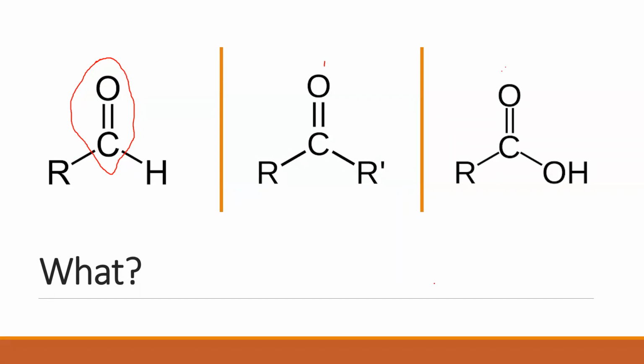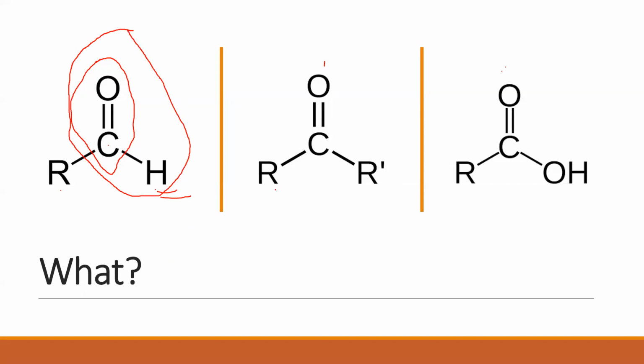Let's look at the first set of compounds here. In this compound, to a carbonyl group, I have two groups. One is an R group and another one is a hydrogen. If one of them is compulsorily hydrogen, then this compound is called an aldehyde. Let me repeat. If one of the groups attached to the carbonyl carbon is compulsorily hydrogen, then I call these compounds aldehydes. Now, which is the aldehyde functional group? This is my aldehyde functional group, CHO.